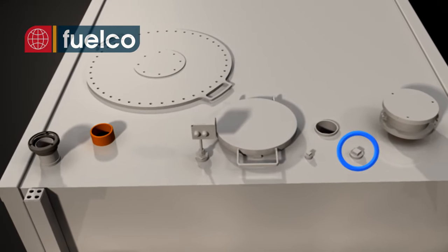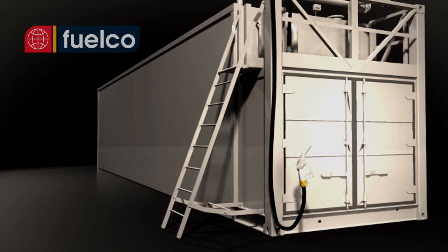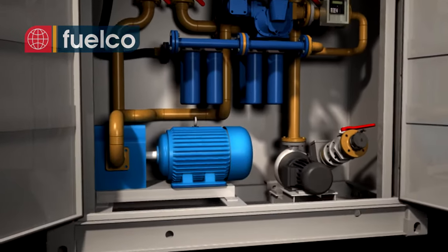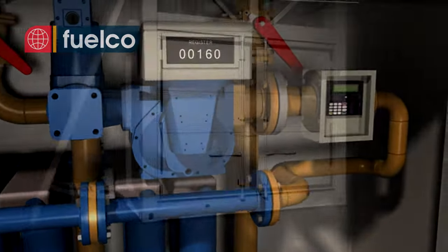The nozzle allows for connection to the water extraction pipe to drain any water from the inside of the tank. A ladder to the platform provides easy access to the inspection dipsticks and equipment sockets. A pump bay for the fitment of pumps, filters, flow meters, and dispensing equipment with security doors that limit access